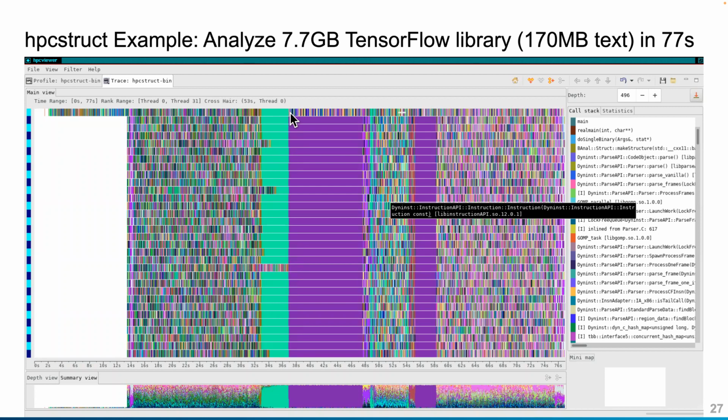And then there's some initial work to prepare for a second parallel phase. And then here we're parsing the 170 megabytes of text in the TensorFlow binary. There's a little bit of finalization, and then we're writing out all of our results. And so what this shows us is that we're able to see the temporal dynamics of our application by